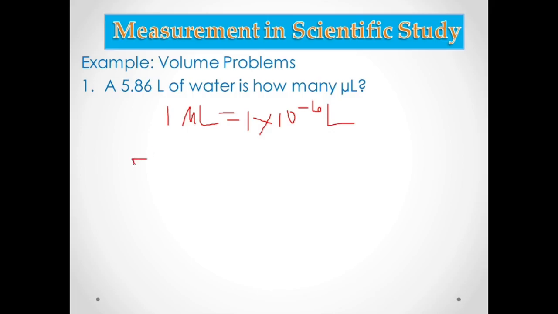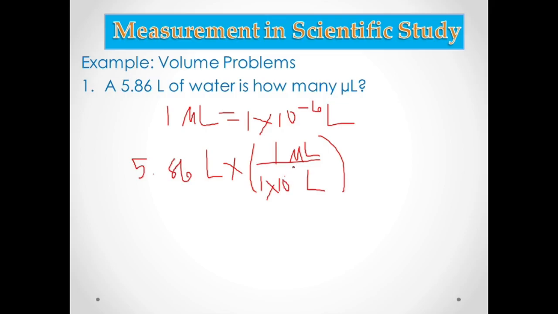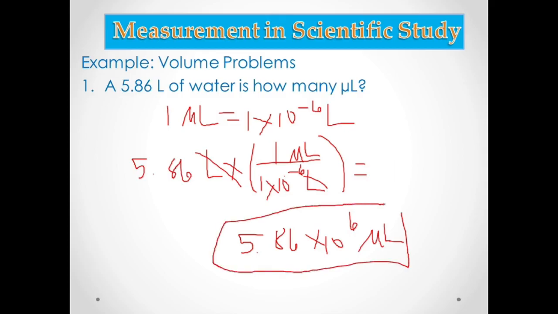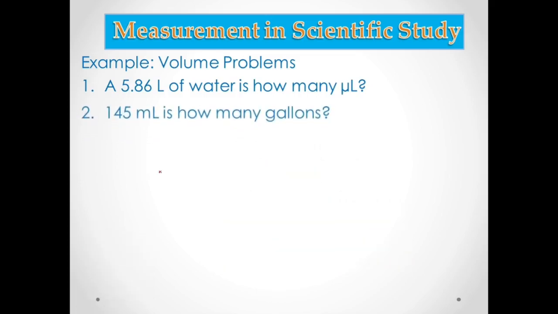So if you have 1.86 liters, you multiply it with the conversion factor. Liter should be at the denominator and microliter at the numerator. So 1 microliter would be 1 times 10 to the negative 6 liter. Then you cancel the units and, using your calculator, you will get 1.86 times 10 to the 6 microliters. This is now the final answer. Easy? Yes, it's very easy. You can pause this video to answer